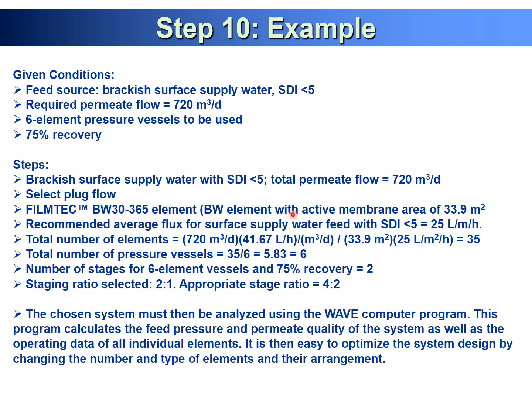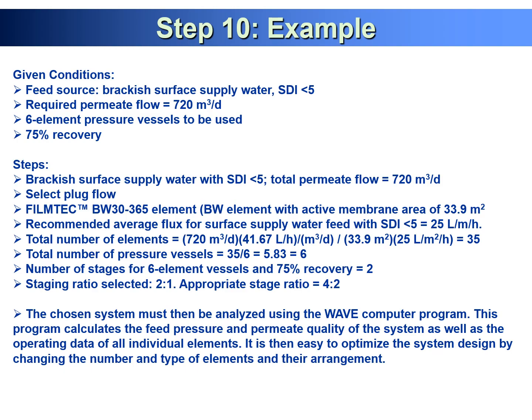So we can put these values in the computer-aided program, and this will provide a better result in terms of water quality variation, flow rate variation, and balanced permeate and retentate. This program calculates the feed pressures and permeate quality of the system, as well as the operating data of all individual elements. So it is easy to optimize the system design by changing the number and type of elements and their arrangement. So based on these